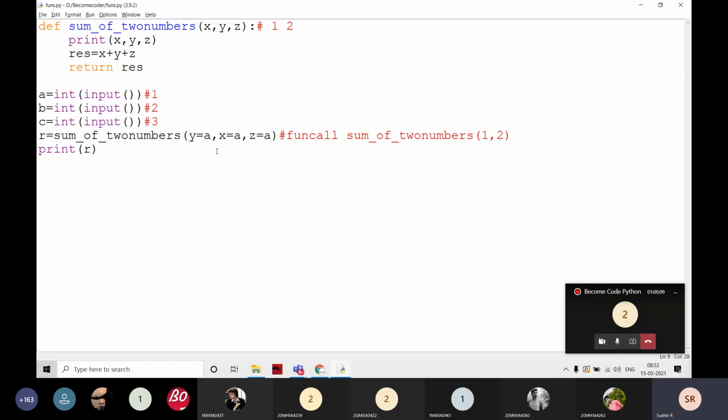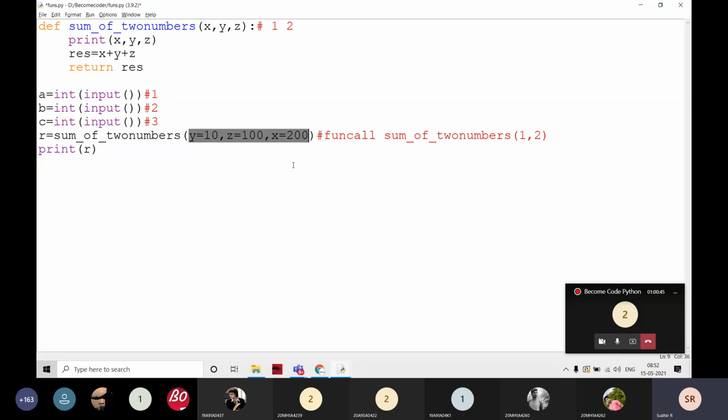But in Python here I am going to write some 10. Y value is going to be 10. This is going to be 100, and this is going to be 200. Just look here. This is the first value, this is the second value, and this is the third value. In any other language the output would be X is 10, Y is 100, and Z is 200. But here I'm going to write Z is equal to, and this is going to be X.